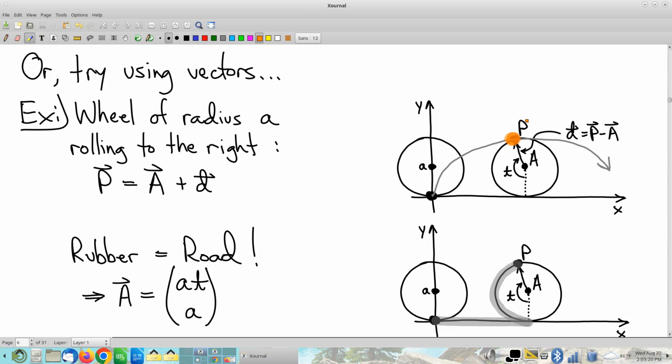That reflector, if you look at its location at some point as the wheel is rotated a little ways down the road, it's a sum of the location of the axle and this, what I'm going to call difference vector, this D vector there. And what we're going to find is that the axle is actually really easy to describe. In fact, you can watch the axle itself as the bicycle rolls down the street, and what you'll find is that axle, it's just a nice straight line,